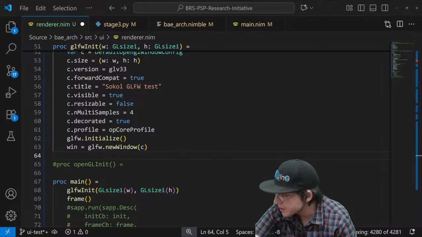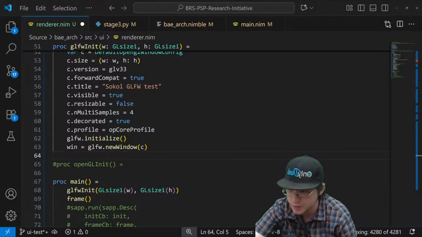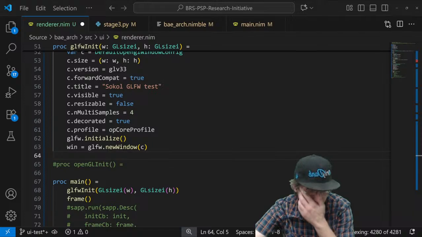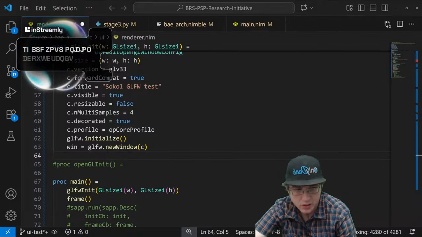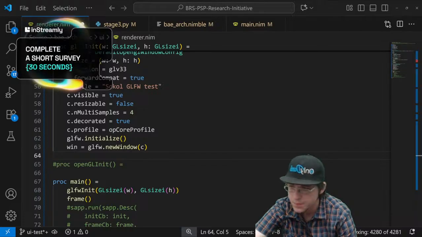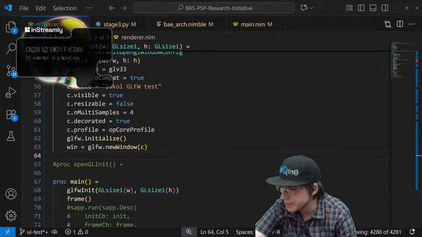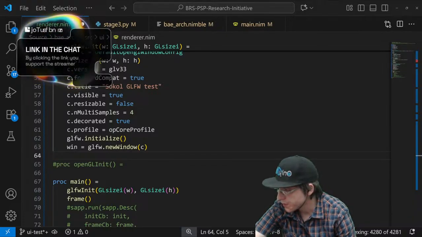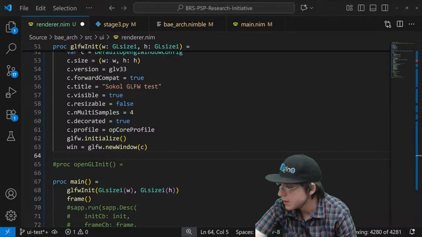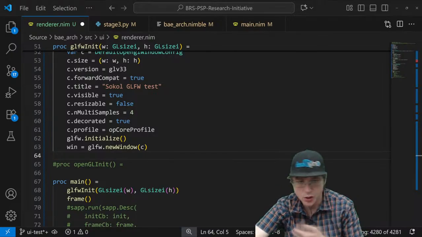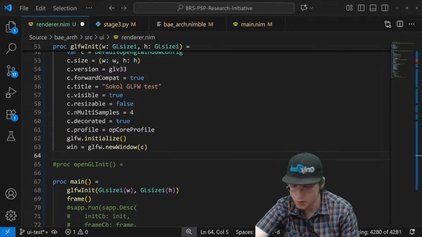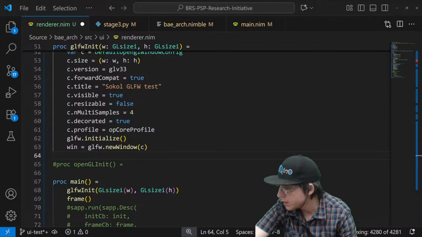But I'm actually going to be using Glad from it, because like I said, it's much more up to date. I mean, it's 3 years old, yes, but it is much more up to date than what is currently available from Nim itself. And there may actually be a way to get newer bindings. I'm not sure.